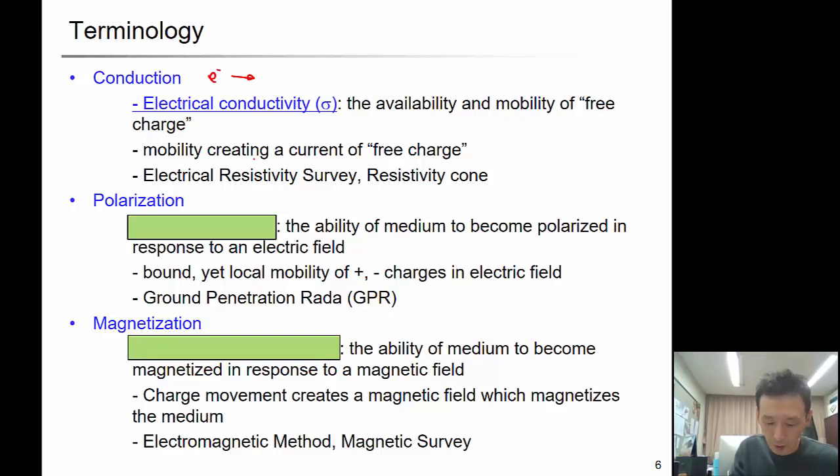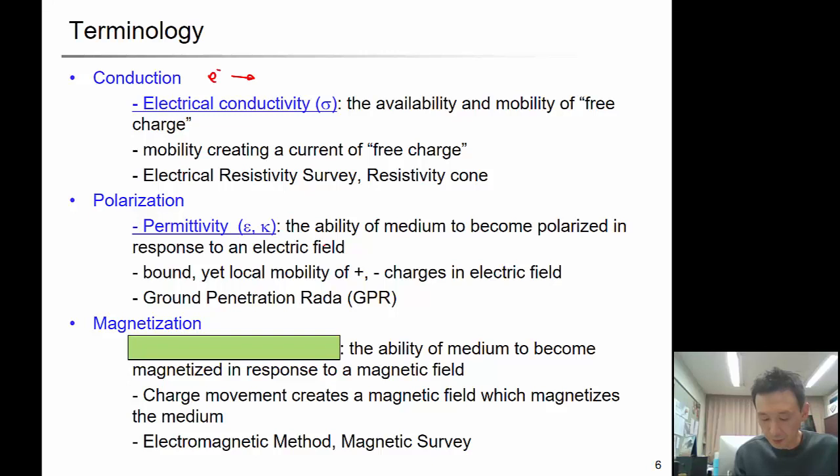Mobility creates a current of free charge, and using this electrical conductivity in geophysics, people use the electrical resistivity survey. Polarization is described by the permittivity of the medium,